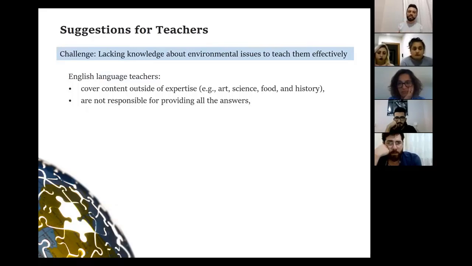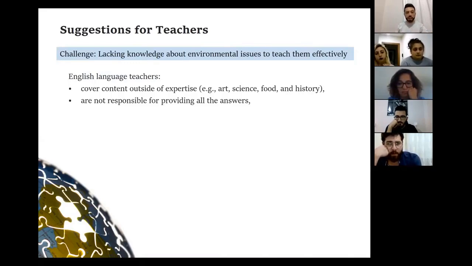For example, when we're teaching adjective clauses, we bring different topics and different content into our classroom. It could be about science, art, or history, and then we deliver that particular grammatical point. But instead of art or science, we can also bring issues, audios, or reading texts about environmental issues and still teach adjective clauses. The ultimate purpose is, of course, to teach the language, but at the same time, we can teach how to be responsible for the world that we share with other